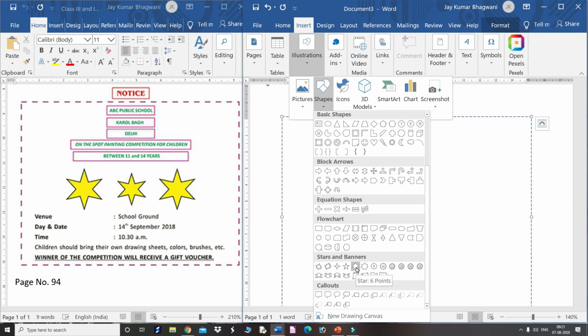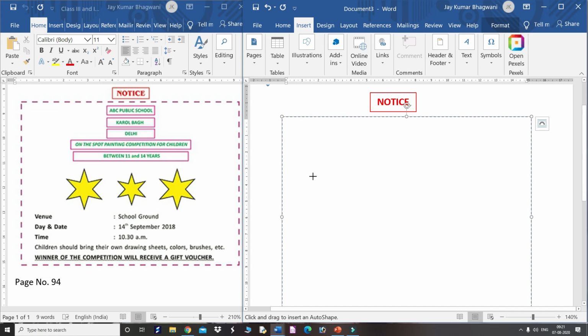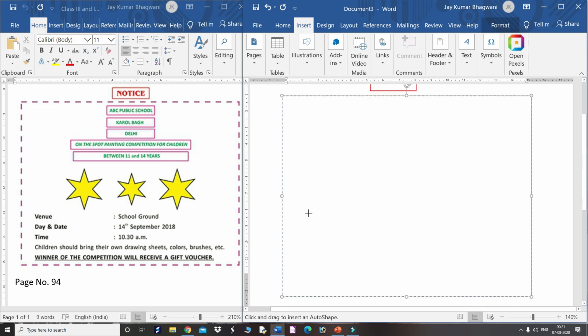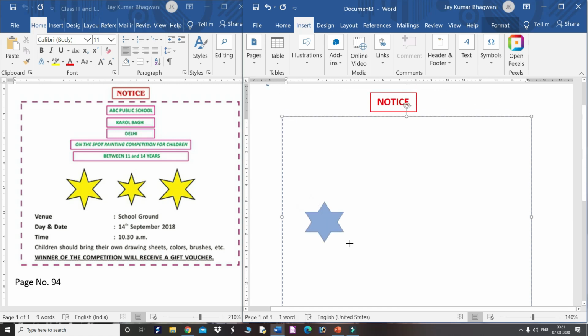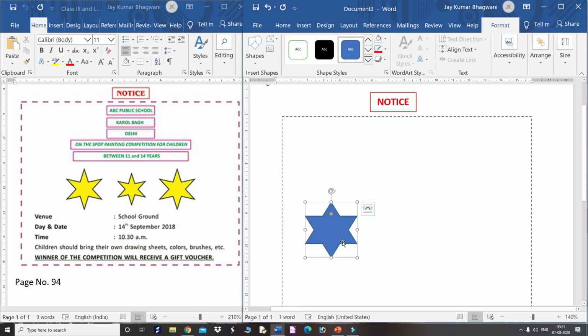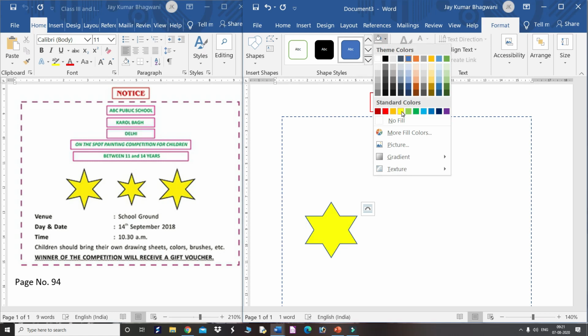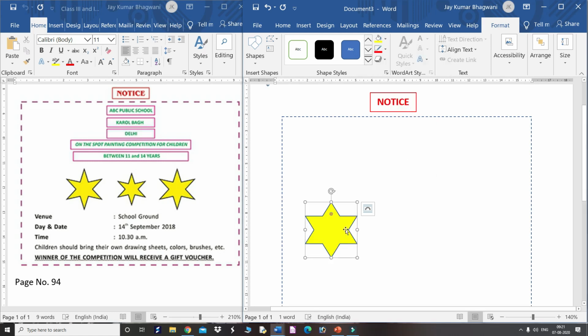Click on the 6-point star. Now drag it. You can fill any color from this fill option. This is called the shape fill. A bucket is there. Identify this symbol, then this yellow color, right?